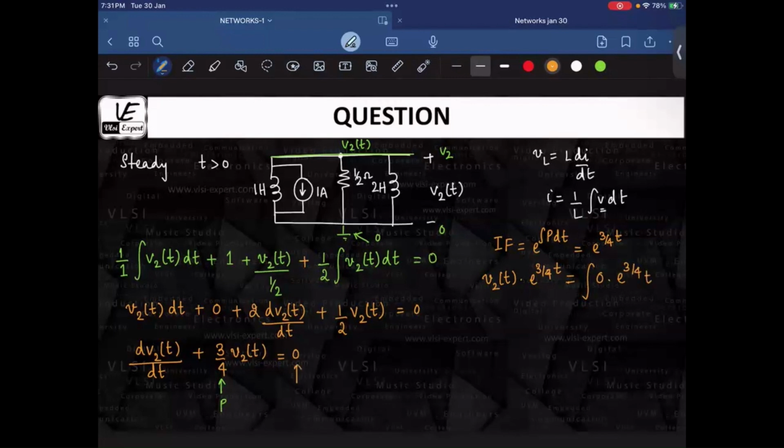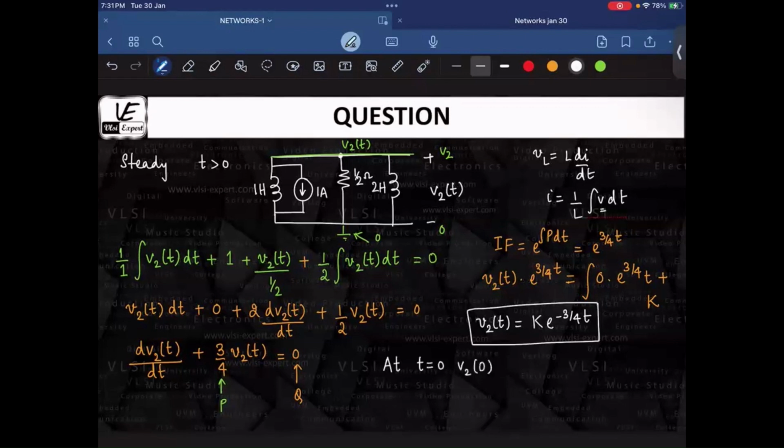This is Q, plus some constant, let us use K. Let's not use C because C represents capacitance also. So V2 of t will be equal to, first term is 0, K e power minus 3 by 4 t. Okay, now we have to find the value of K, which is our arbitrary constant. So do we have any initial condition? We know that at t equal to 0,